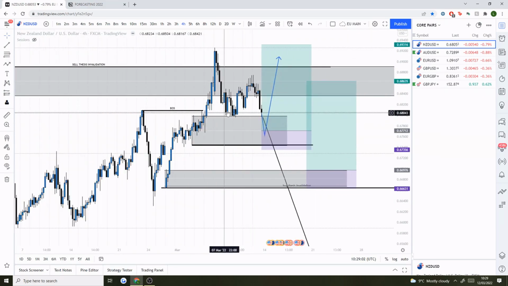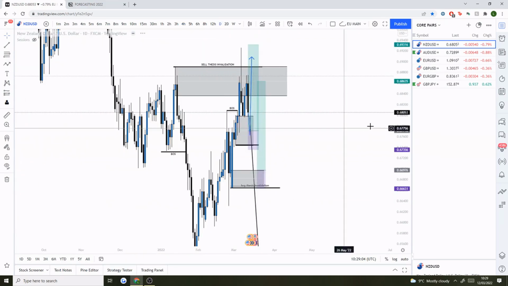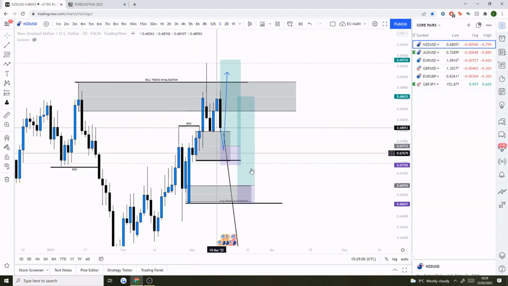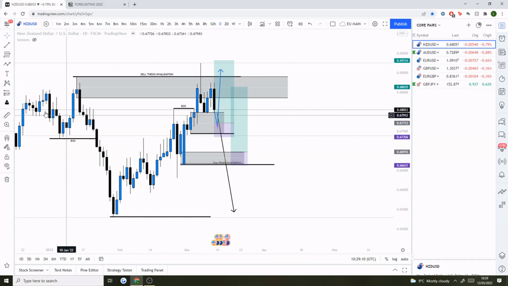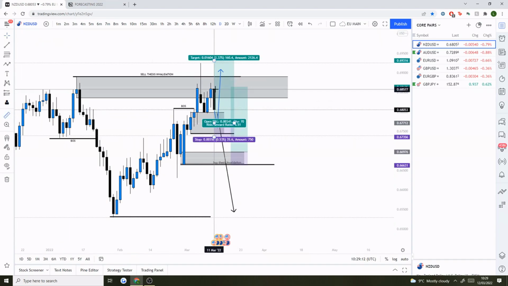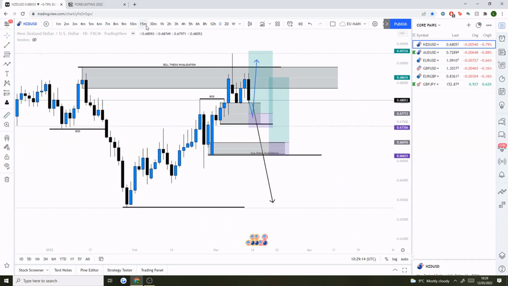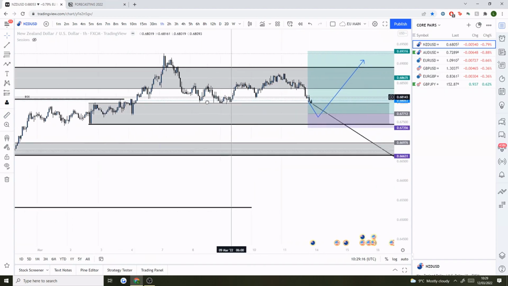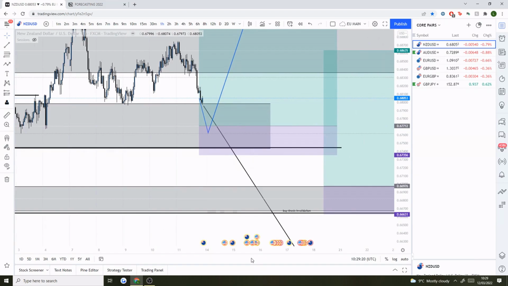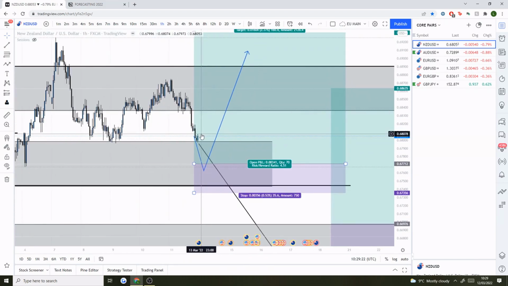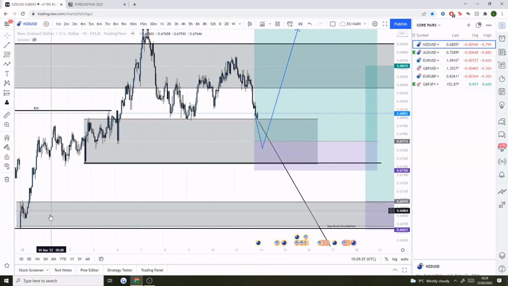Now, with all that said though, we have to remember that the daily is the higher time frame, so it does hold more weight in theory. So really, what we should be on the lookout for still is sell opportunities. So for me, I will be following the 1 hour structure, looking for sell opportunities to then follow through with that daily thesis. But at the same time, I am aware of these bullish order blocks,